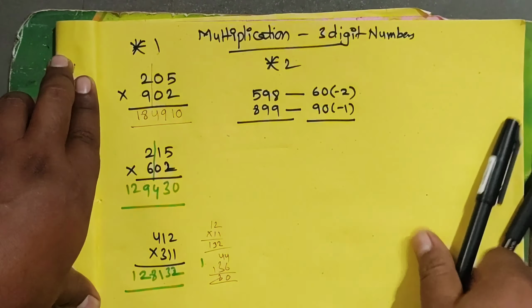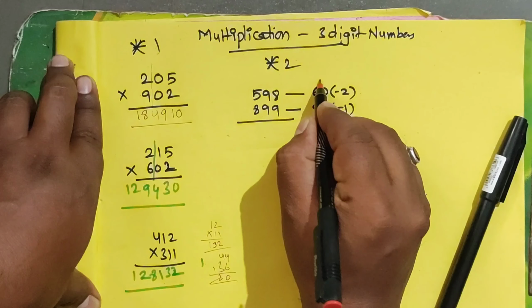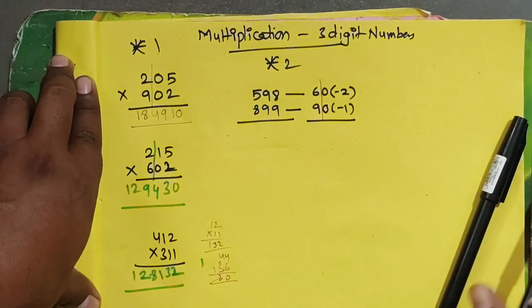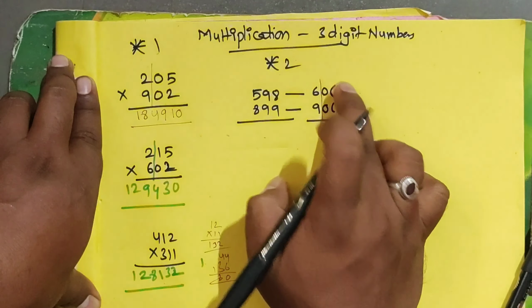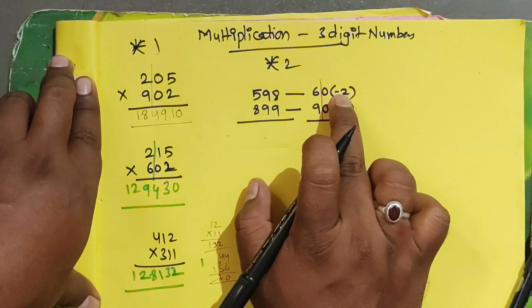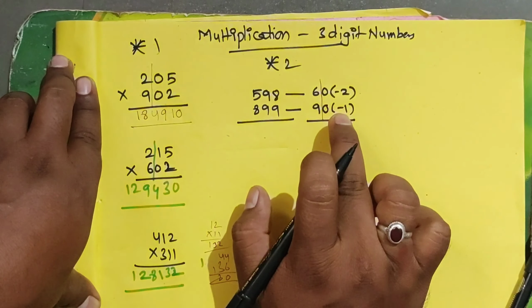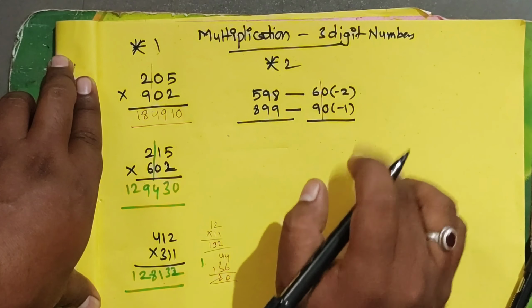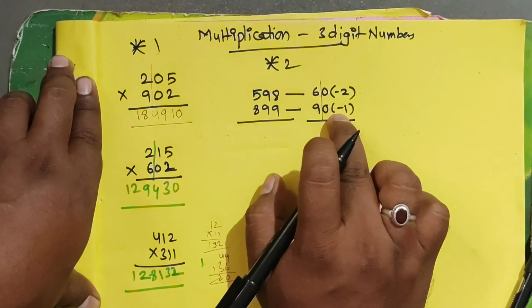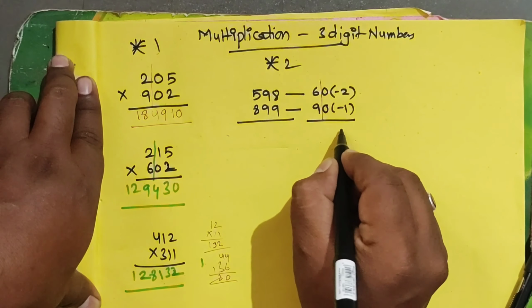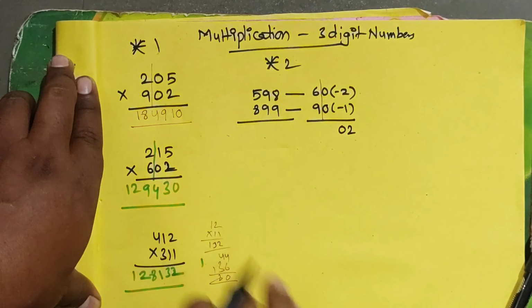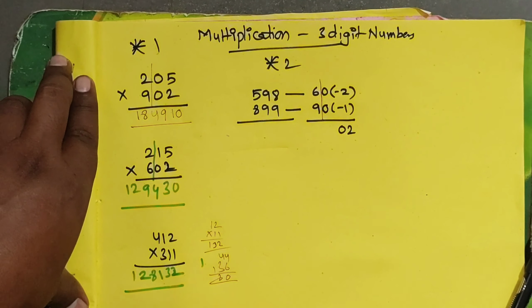What happened here? I will take the slash after the two digits like this. So now multiply the two numbers here. This is the minus 2, 0 minus 2, this become the 0 minus 1. Minus 2 into minus 1 become the plus 2. Therefore take the 02. I told that take the two digits here.